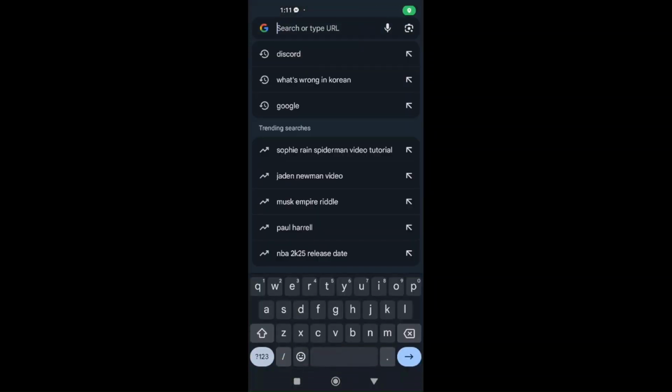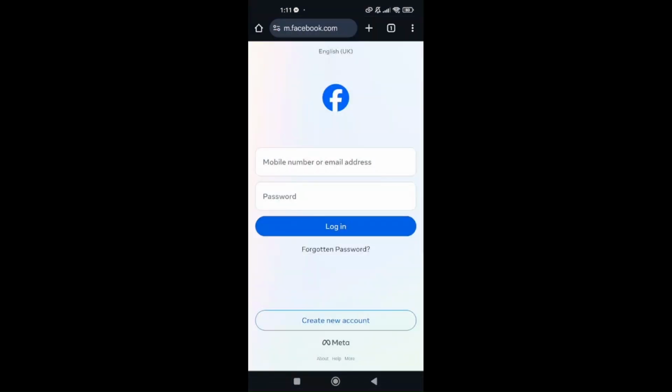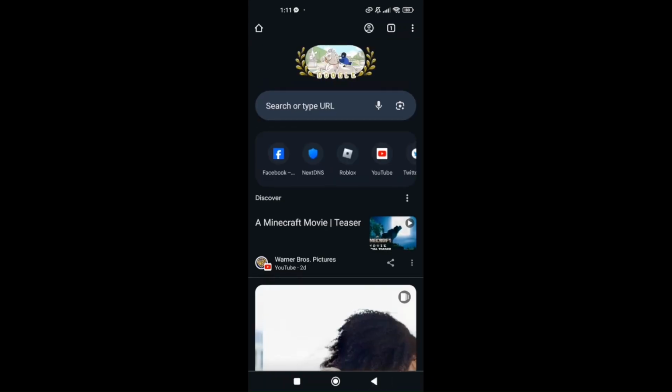So let's try to go with facebook.com, for example. Now I'm gonna show you that it's not yet blocked. See, I can still access it. So you go back. So what you need to do is click on the three dots on the upper right